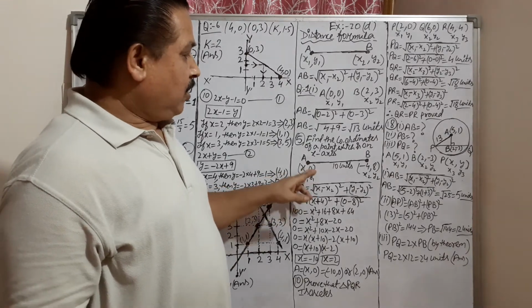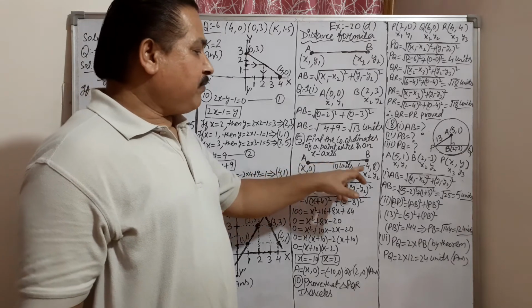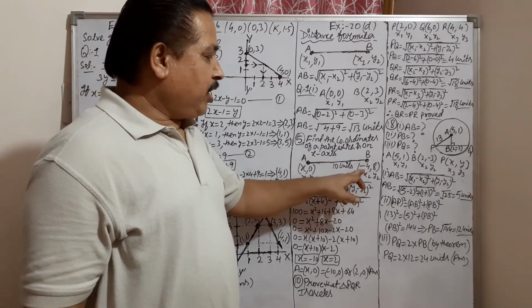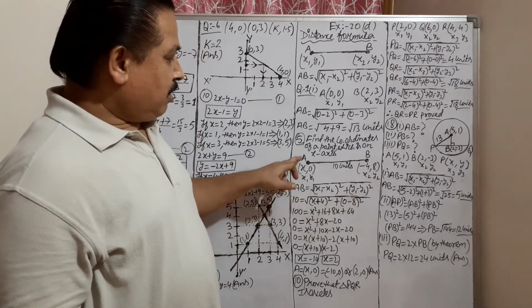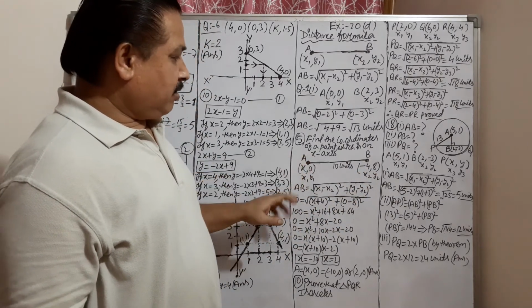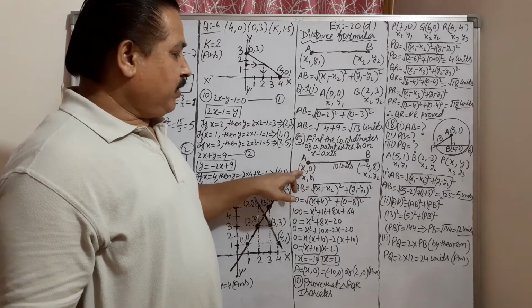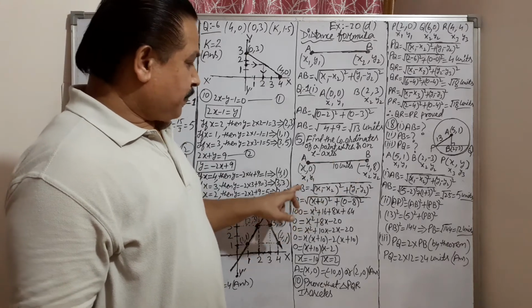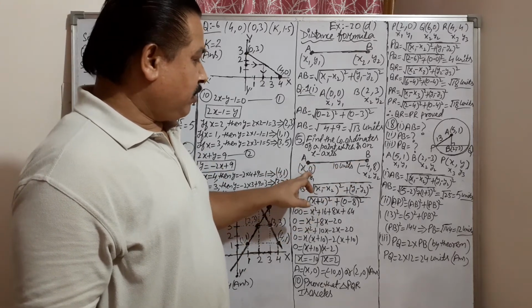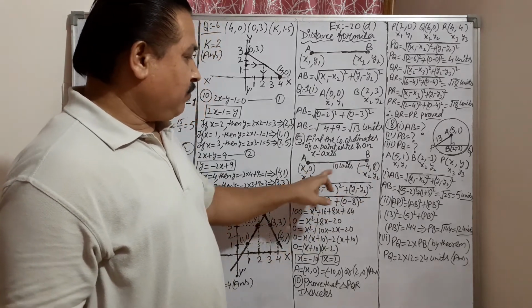(x, 0). And this point is 10 units away from point B. And the coordinates of B are given as (-4, 8). Find the coordinate of A. This is the question. This value we have to find out. So just see, use the distance formula. AB equals, this is x1, y1, this is x2, y2. The formula is here. Start putting in the values from here.